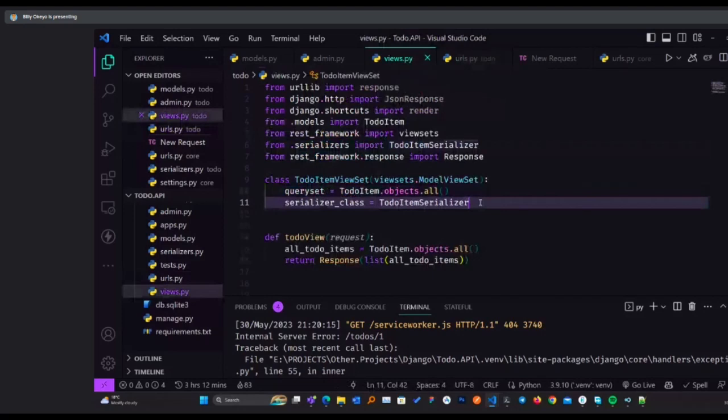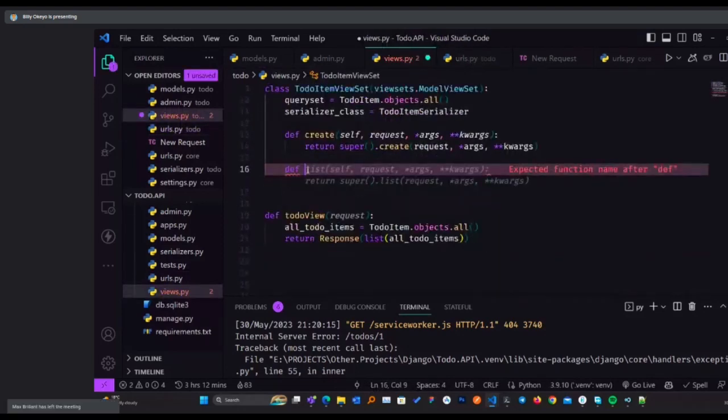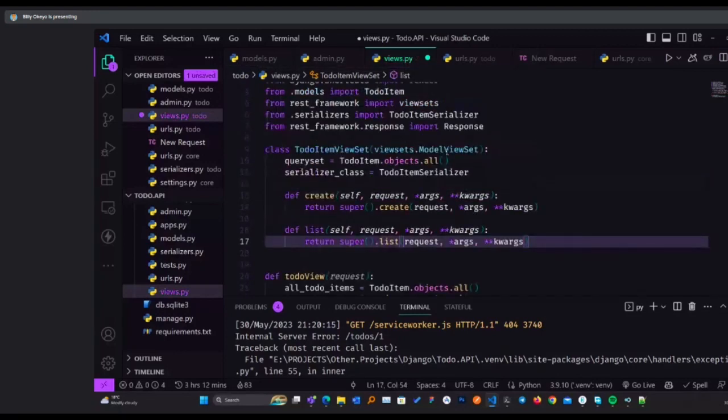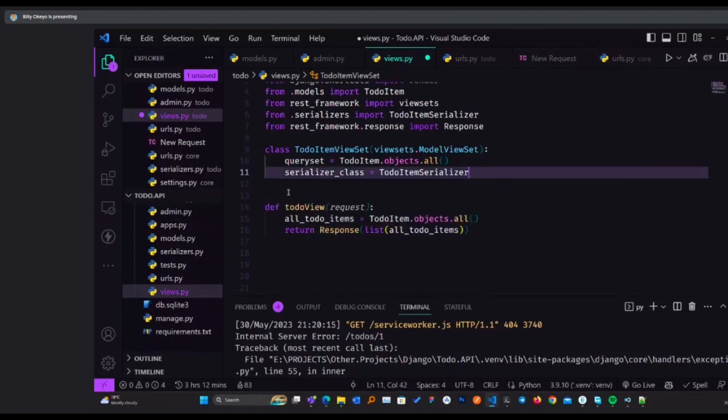So then whatever happens whenever you're creating, let's say if at all for the content, you want it maybe to come in a particular format, you can be able to override whatever the view set does. So you can be able to override if it's a create. If it's an update, if it's a list, you can be able to specify your specific things within these functions so that you can override whatever happens in the view set. So that's how simple it is to create a REST framework.